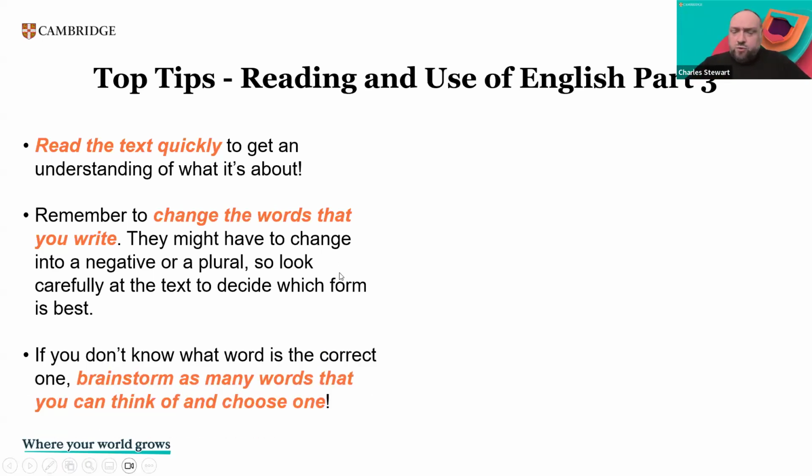And then, if you don't know what the word could be, brainstorm. Try to write in 20 seconds, 30 seconds or so, try to write as many forms of the word that is given as you can. So, for example, effect, effective, effectiveness. Try to brainstorm as many as you can in order to determine which one should go in the gap. With your level of English, usually you will either be able to determine the word, or in brainstorming, you will be able to identify which word should fit in the gap.